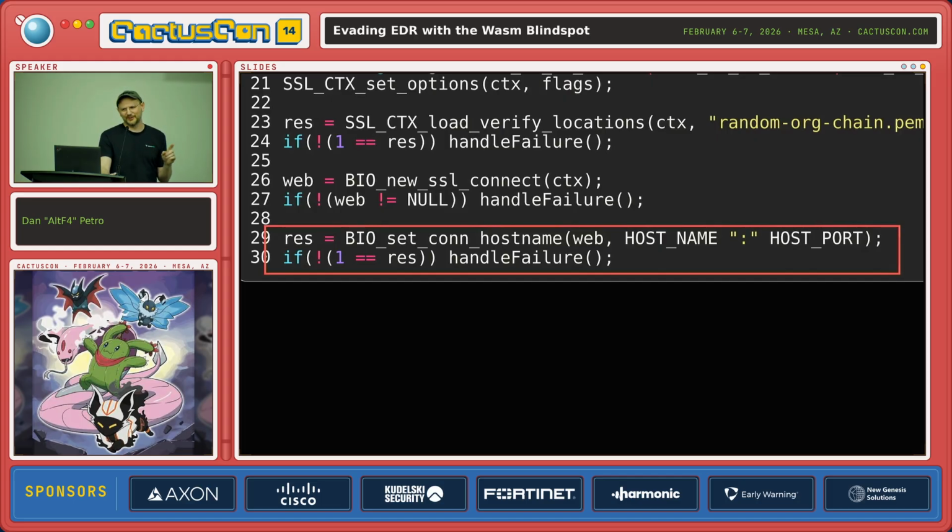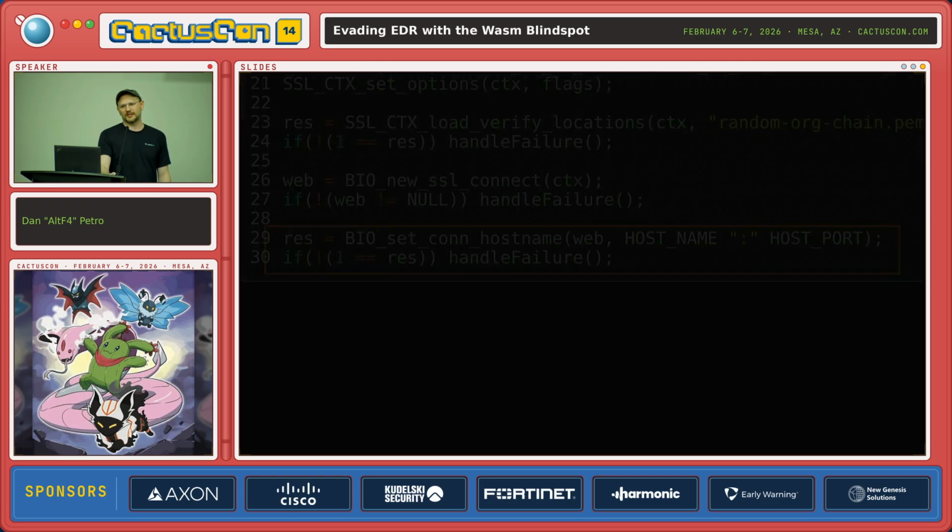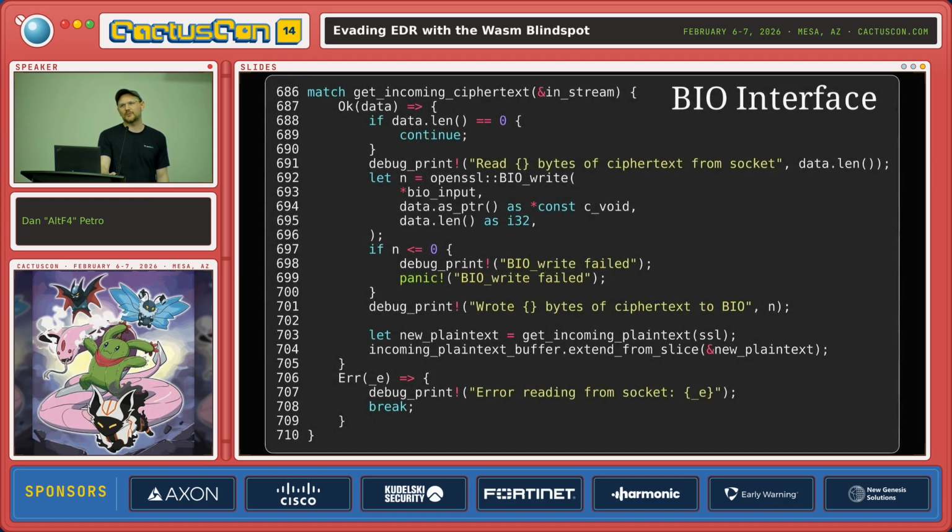The problem here is that OpenSSL wants to make the network call. We give it the host name and the port, and it makes the network request, which doesn't work in WebAssembly. We have to give it the socket. So this doesn't work. Instead, we have to use the BIO interface, the basic input-output interface for OpenSSL, which is